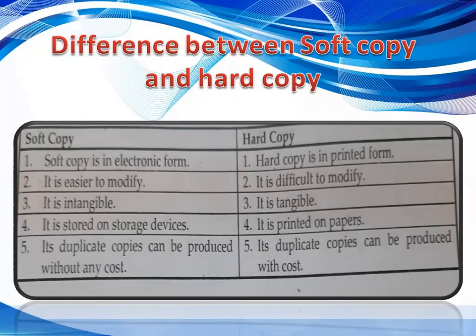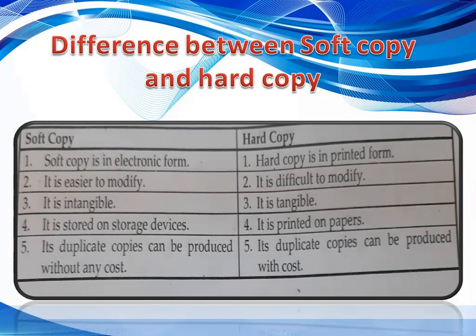Soft copy is easier to modify because it is in digital form in your computer. You can open your file and make the changes and modify it easily. But if you have a hard copy, it is difficult to modify it. The printouts you can hold in your hand, but if you want to make changes, you must need the soft copy, make the changes in the soft copy, and then generate the printouts again and make the handouts. So it is quite difficult to modify your hard copy.